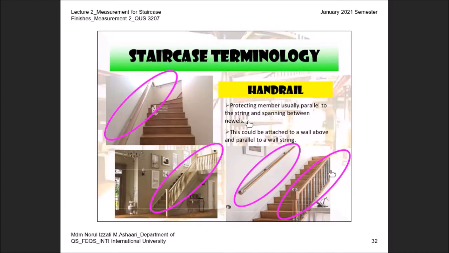And then for the term handrail, there are basically two different designs. You can see, look at my hand here. This is the handrail that is attached with the balustrade. This is the handrail that is attached with the handrail bracket. This is known as handrail bracket. This is handrail bracket attached to the brick wall. Okay,